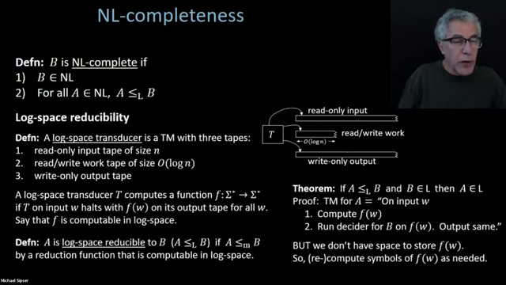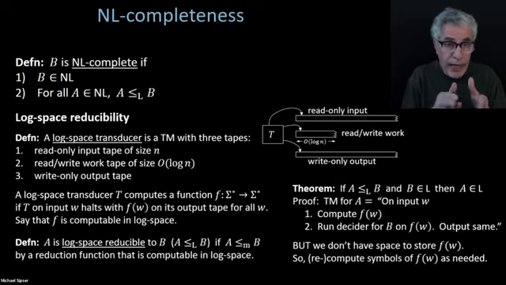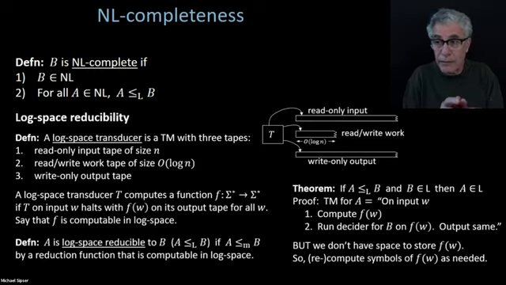Somebody's asking why did we have to introduce transducers for log space reducibility when we didn't do it for polynomial time reducibility? We could have for polynomial time reducibility, but we didn't need to because we could just do it all on the same tape. The problem is for log space, the work tape is too small to hold the input or the output. Since we have a log n bound that we have to work within,